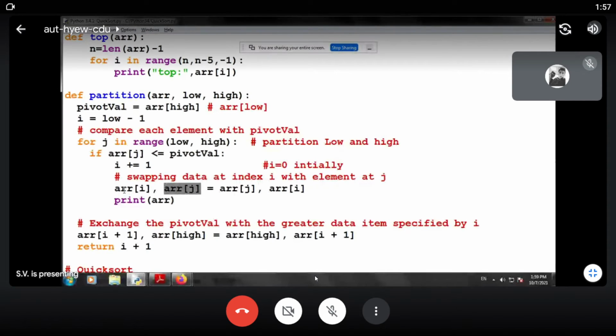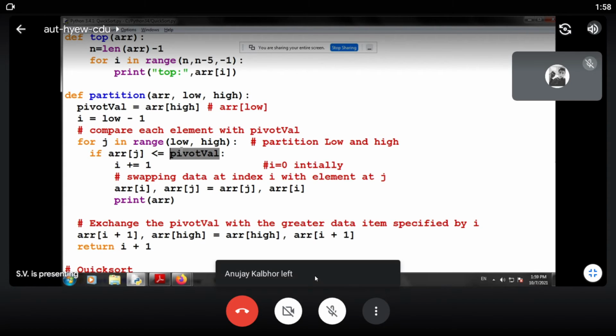So note this down, very important. Even though we are comparing with the pivot value, we are not swapping the contents with the pivot, but we are swapping the contents with another value, that is i and j. So over here we are comparing array of the first index with the pivot, and if you find that the pivot value is greater, then we are swapping it with the jth index.